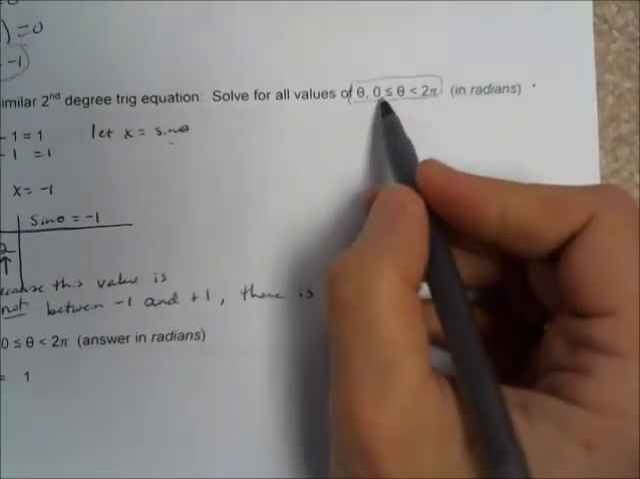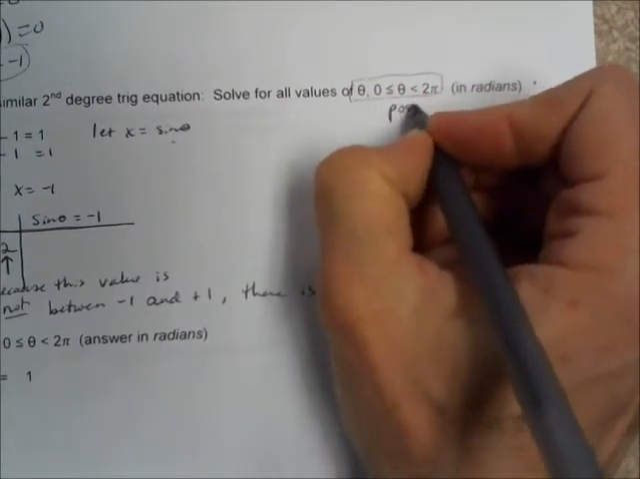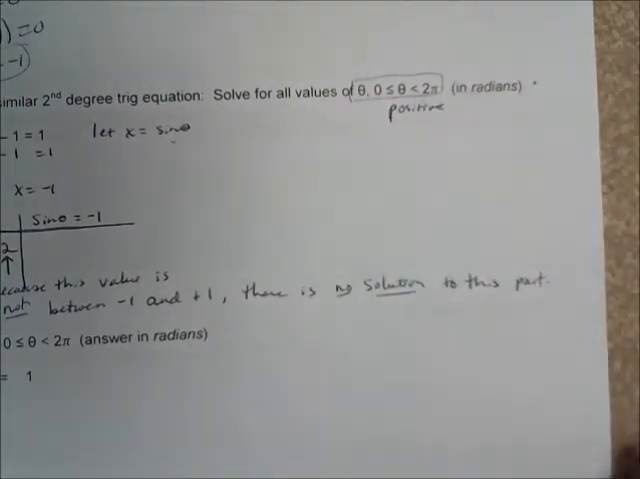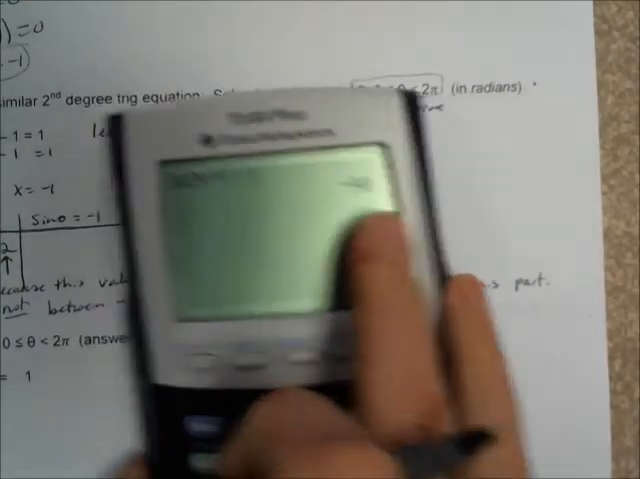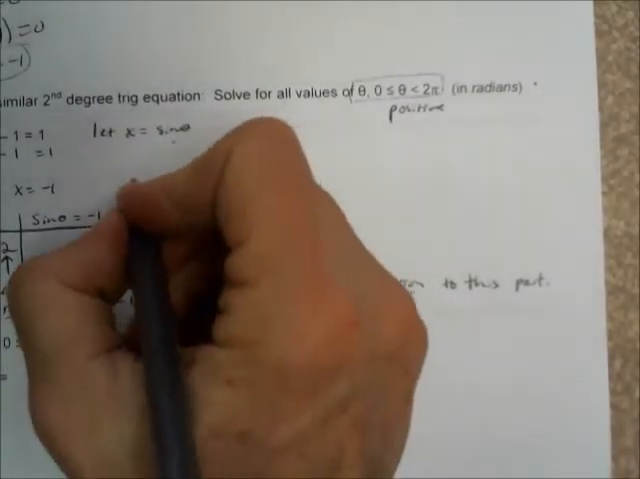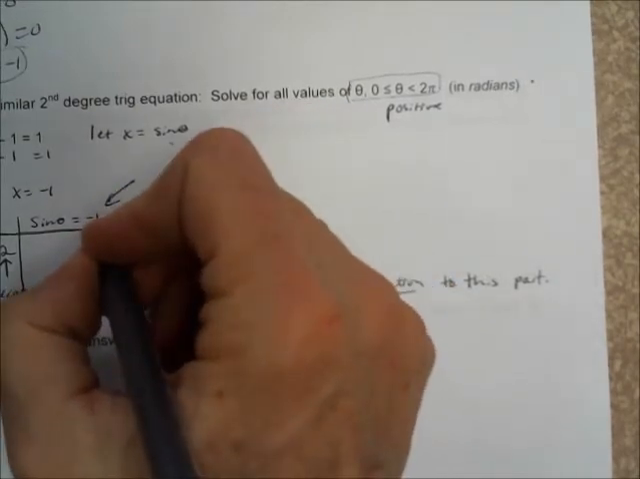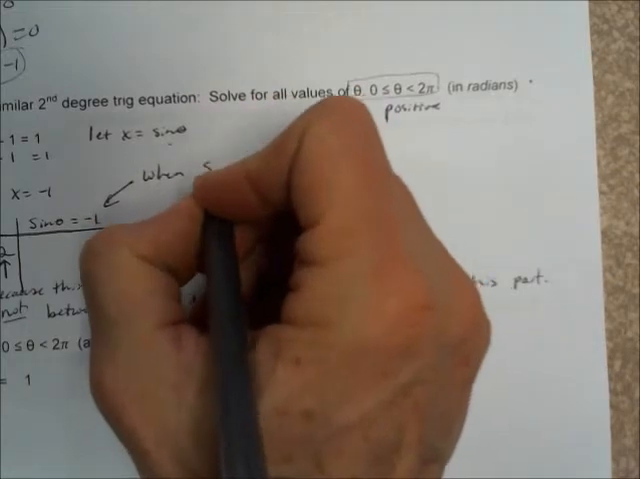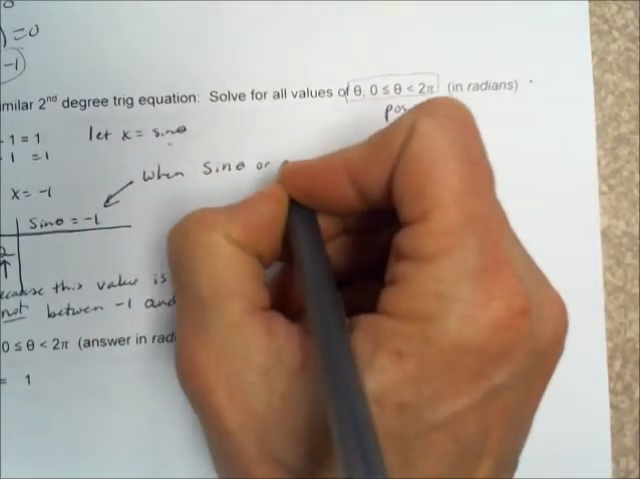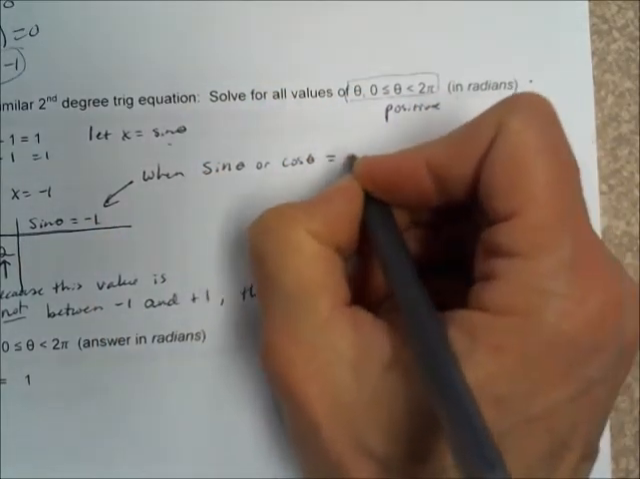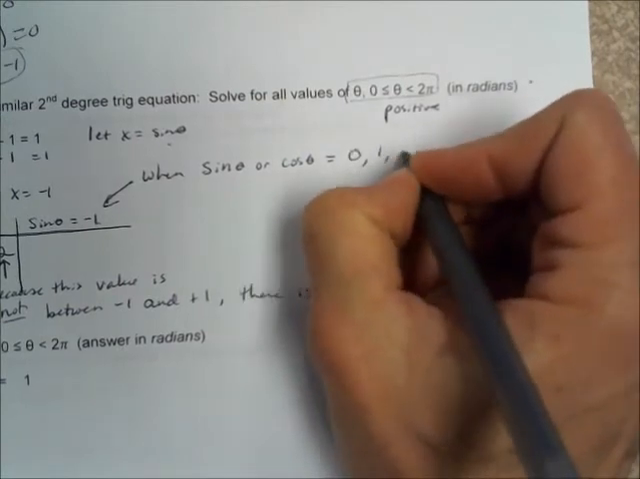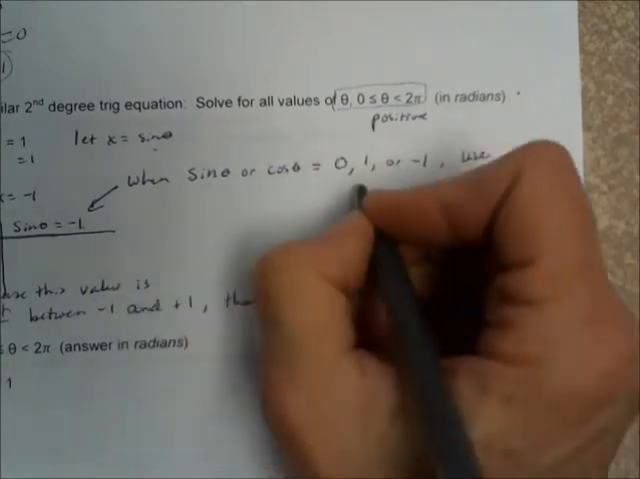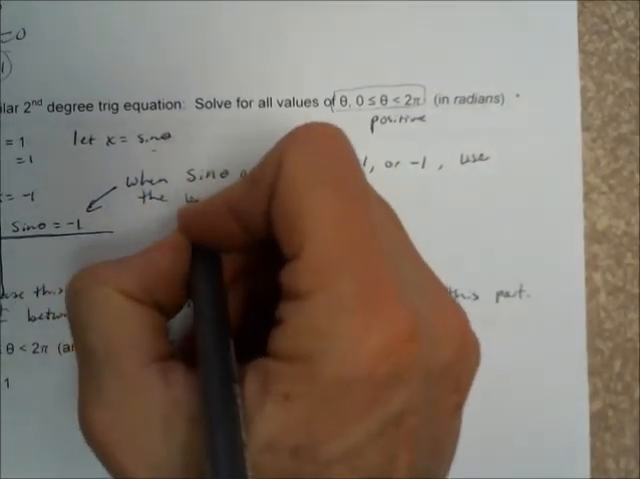Our number has to be positive because it's between 0 and 2 pi. And so I don't want a negative answer like our calculator is going to say. So whenever sine or cosine is equal to 0, 1, or negative 1, I want you to use the unit circle